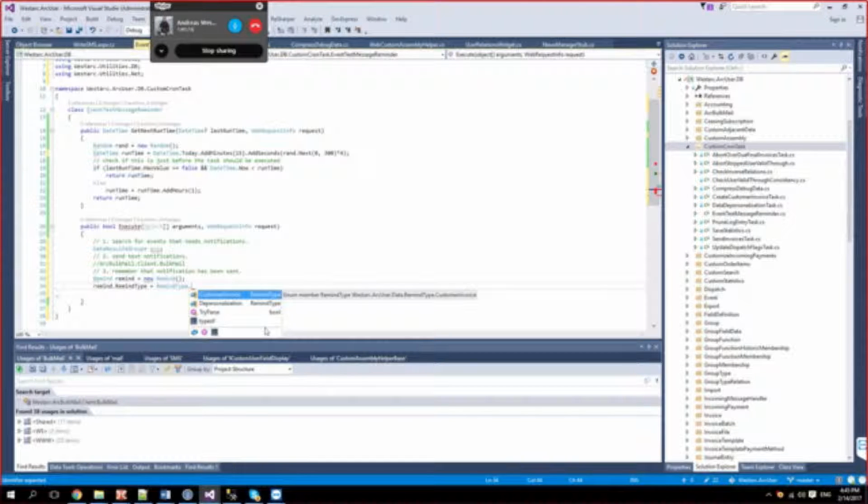We should declare a new enum for this remind type, like event text message reminder.